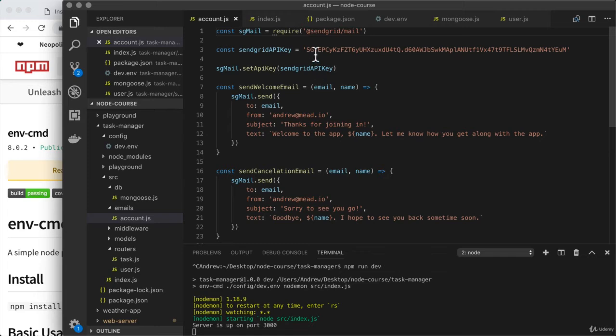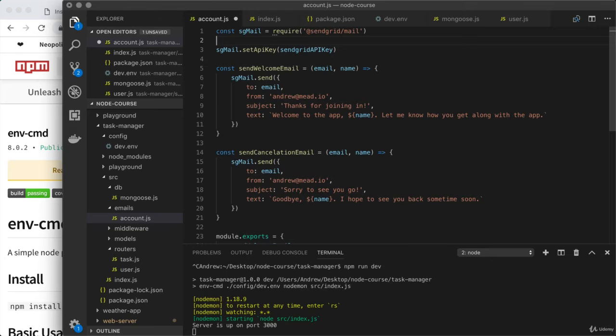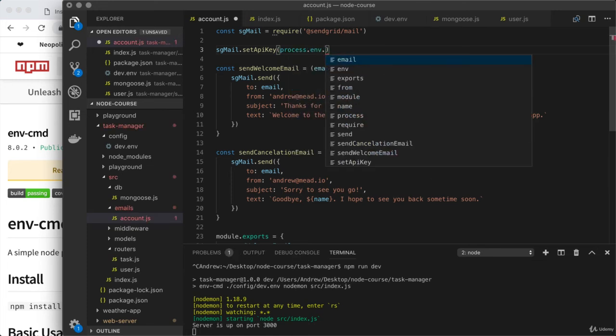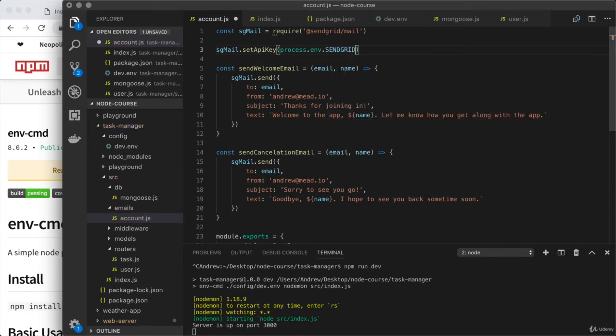So right here, we have the API key hard-coded into the JavaScript file. That is not what we want. I'm going to copy that to the clipboard, and we're going to remove this line entirely. Instead of getting the variable value from the variable we just had, we will instead get it from an environment variable, which means that right here, we'll be accessing process.env.something. Now we can pick whatever name we would like for this one. Let's go ahead and use something specific, like SendGrid